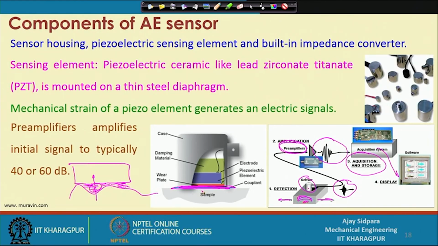Or you have to do some type of sample preparation before you apply the acoustic emission sensor there. You clean it completely, then make sure that there is no waviness or roughness at a high level, and then you do different types of operations. So, this is everything about